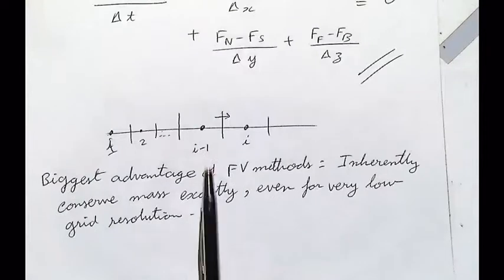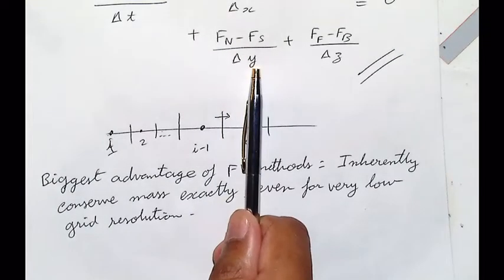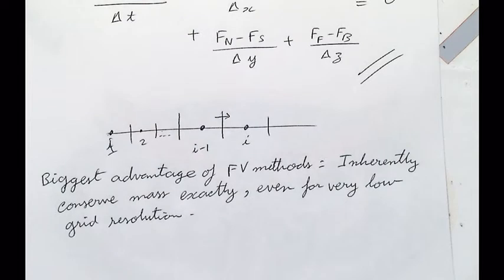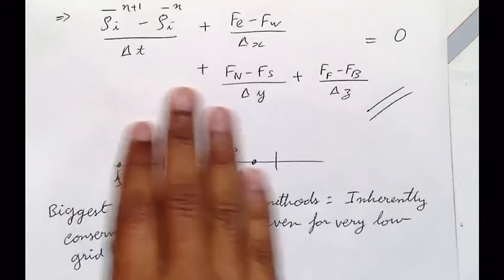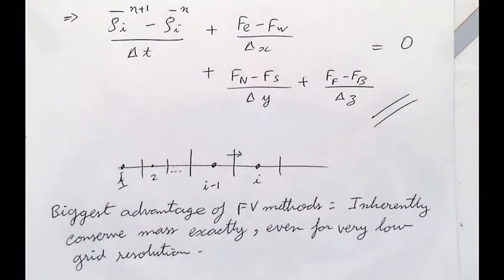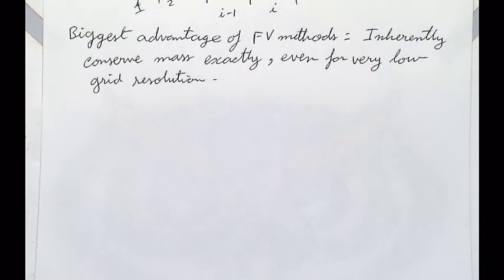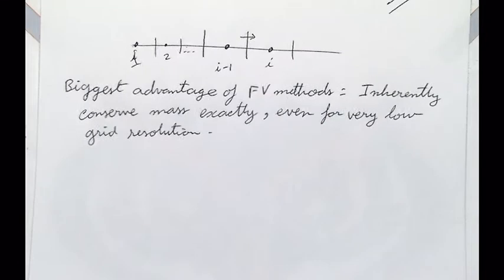Talking about flux is the easiest in the case of conservation of mass. The same thing applies for the diffusion term or the momentum equation. Any differential equation can be written in this form. It's called the conservation form. If you remember one thing about finite volumes, remember they are inherently mass conservative.